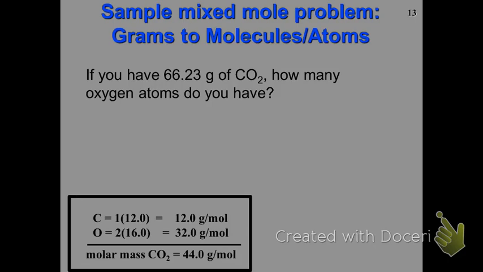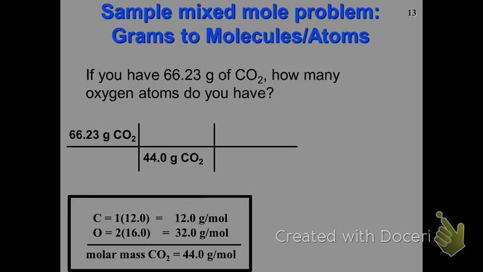So now we have to go and set up our problem. And so what I've done is I started out by putting, again, like every other problem, what's given? 66.23. I'm going to go ahead, just like before, and make this table, if you will. And what am I putting on the bottom? I know I have to get rid of grams, so I know right away it looks like I have to divide by the molar mass. So that 44 grams,